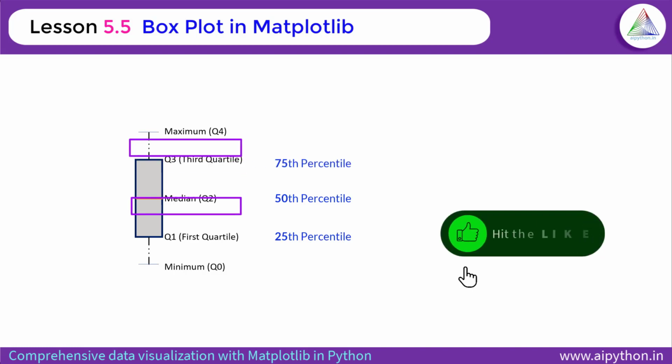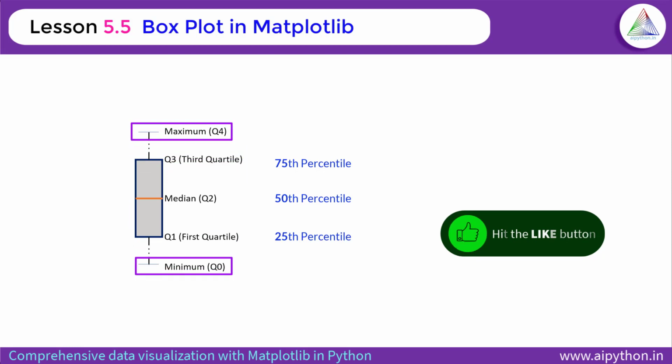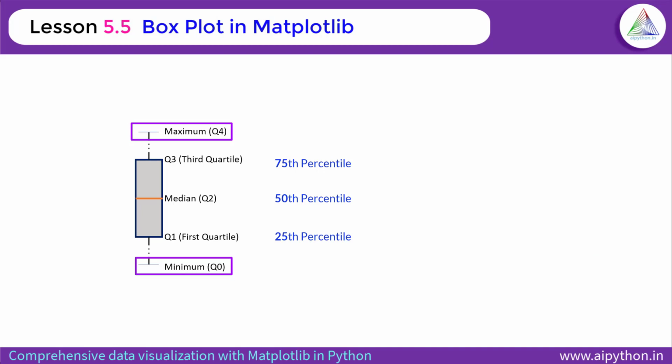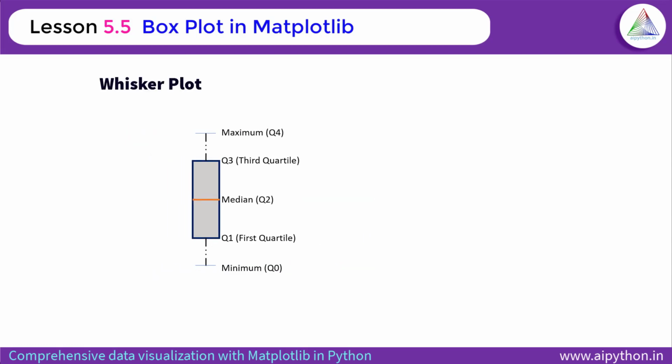The remaining two, which are maximum and minimum, these are outliers, so to say. They are of course the part of box but represents a single point for maximum and minimum value of a given dataset respectively. Box plot is also known as whiskers plot because the two lines that you can see which is connecting this maximum and minimum, these are called whiskers. Because of that, these type of plots are sometimes also called as box plot or box whiskers plot. So don't confuse, both are same.